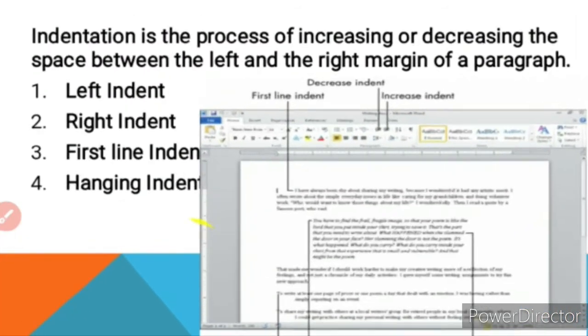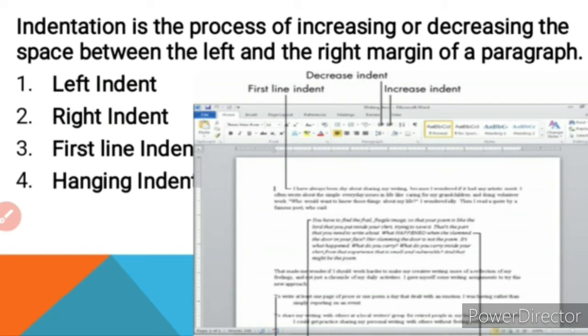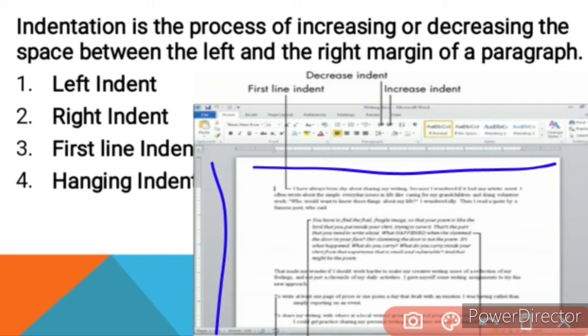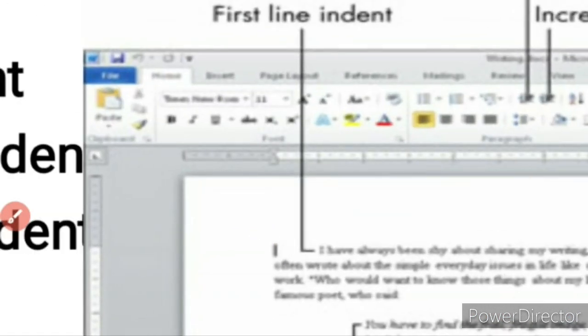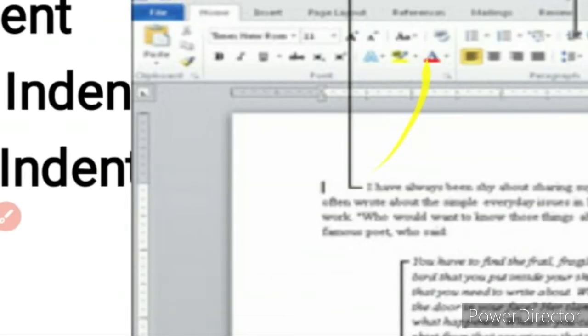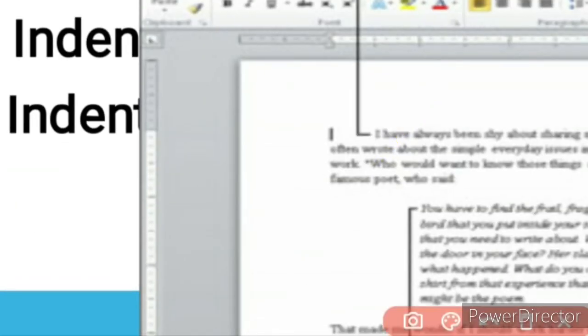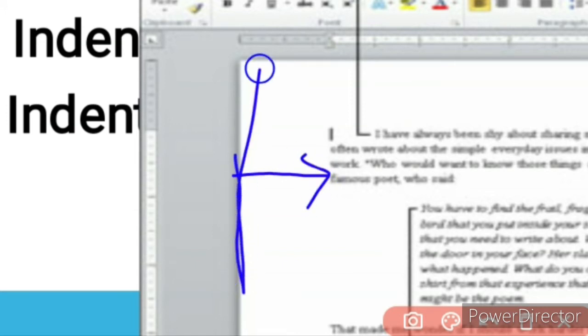Here you can see the rulers are shown, no? This kind of rulers we have. So this is the basic indentation process. Okay, if you click on that particular arrow, here you can see we have a small arrow, you will be able to set your margin, meaning what margin you want between your particular page and your text. Okay, and that is up to you.